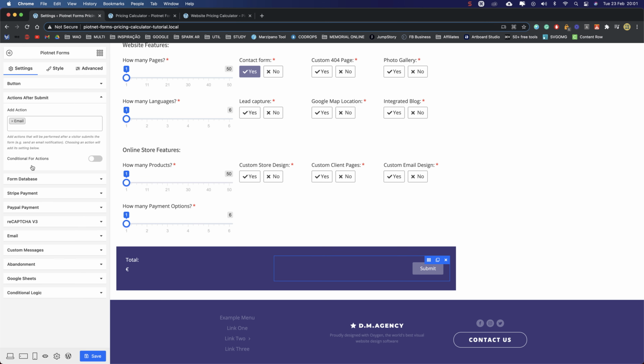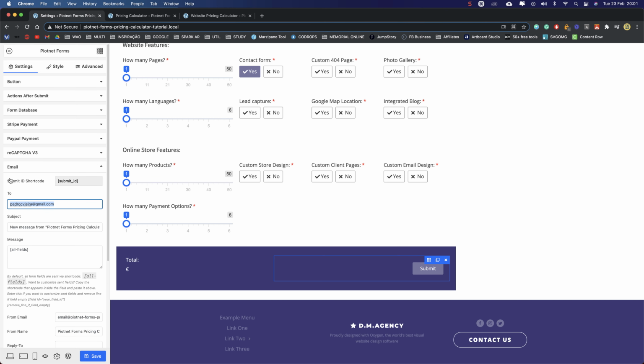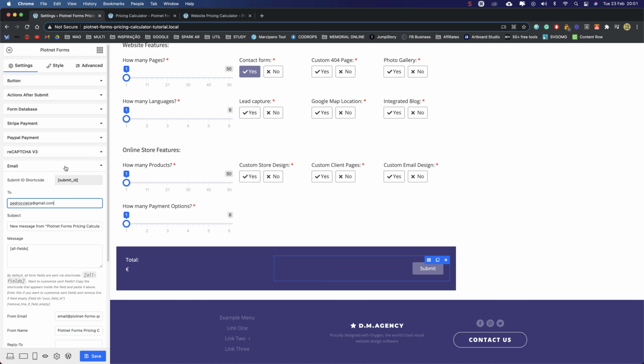Here, action after submit is email. We can add email to receive, to send one for you, one for the client. I'm just adding one for me, and then here on the email you change where the submission go. And that's it.